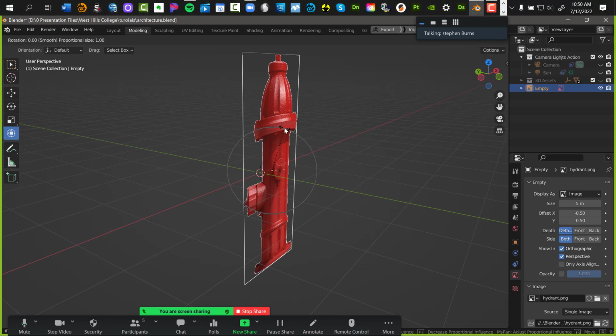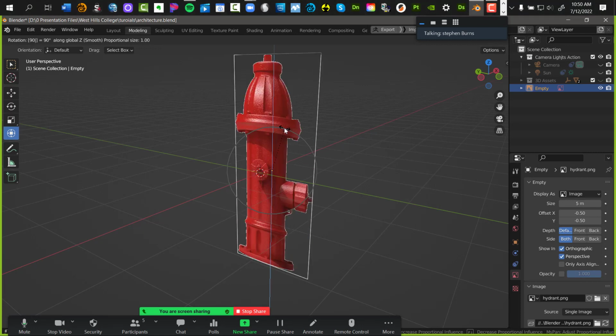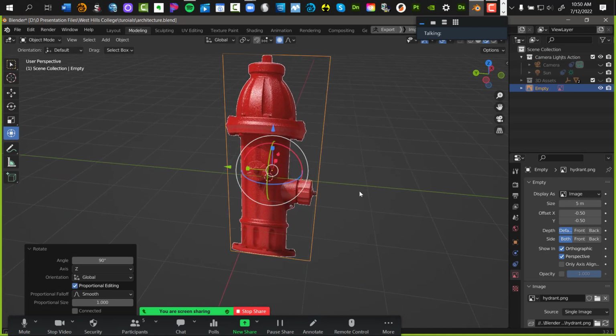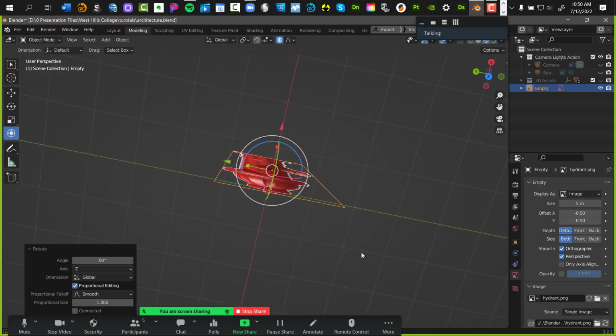I want to restrict it to what axis again? Hit the Z key next for the Z axis to restrict it on. And then hit how many degrees I want to rotate it? 90. There, done. I think I want negative 90, but you guys get the point. Okay. I want mine rotated the other way.